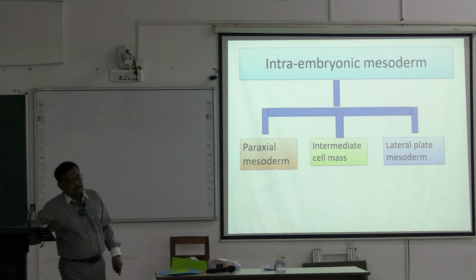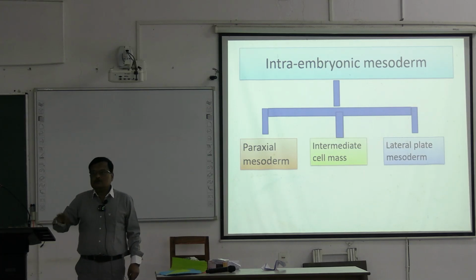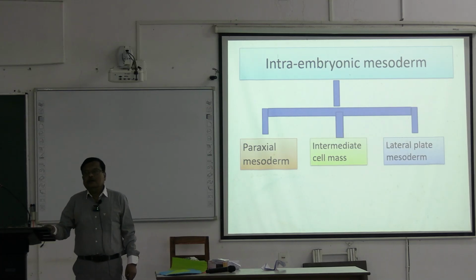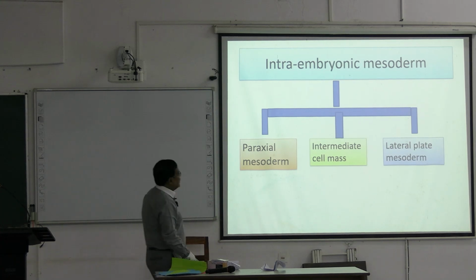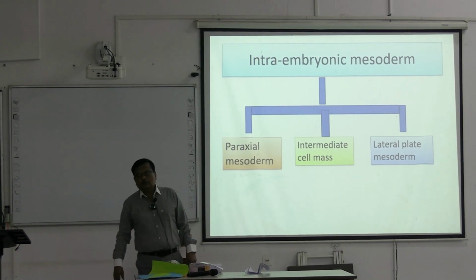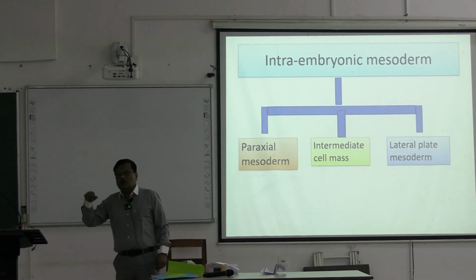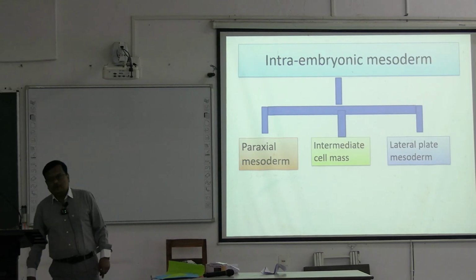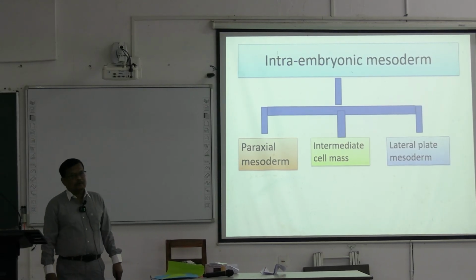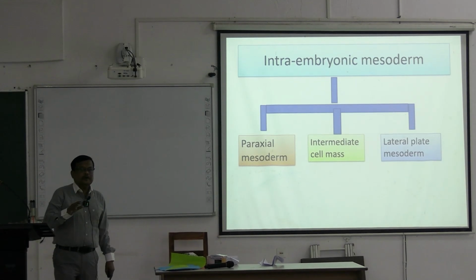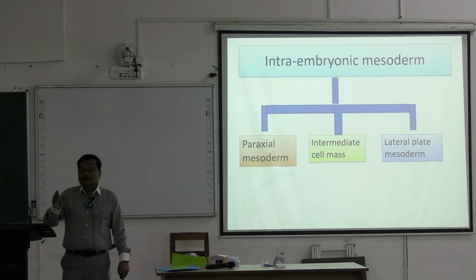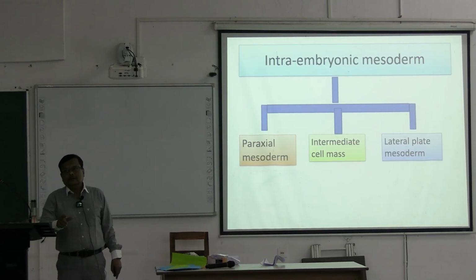That was the last part, so that was the epiblast. Now in the next layer we are going to the intraembryonic mesoderm. Intraembryonic mesoderm, I have already told you, is derived from the epiblast, organized by the primitive streak and lies between the ectoderm and endoderm. It is present everywhere between the ectoderm and endoderm except in the midline, that means the region of the cloacal membrane, primitive streak,